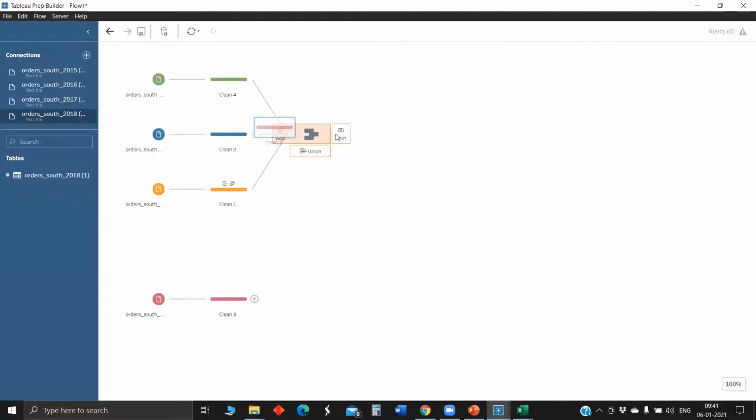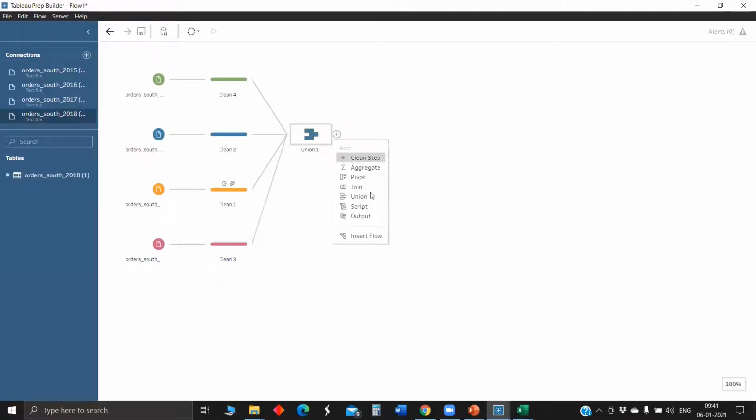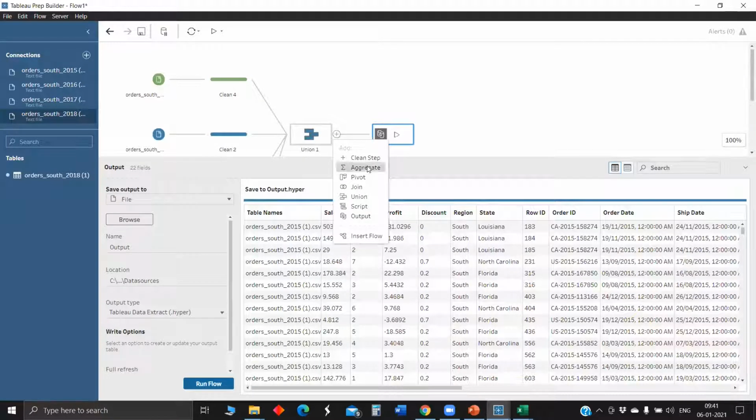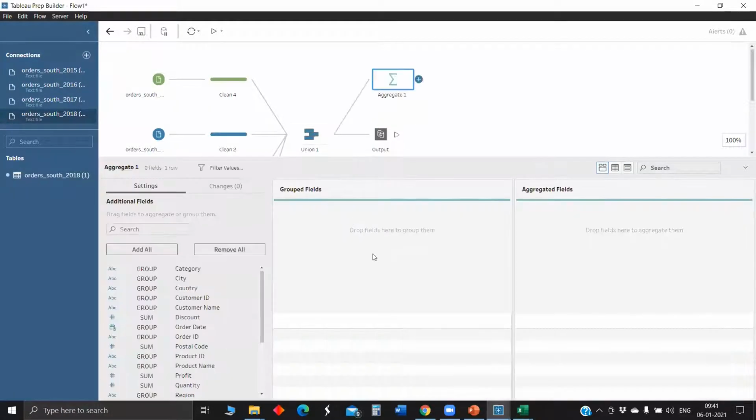And same here, union. Okay, now we will generate an output step. If we run it, as usual, it will be saved. We will also try to view the application of the aggregate step here. Generally in LOD, if you would like to have sales across year or category, we'll write an LOD fixed on category and year, sum of sales.